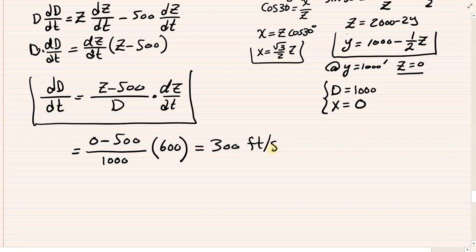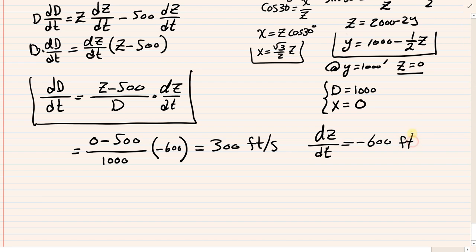Now let me see something here. Because this becomes a negative quantity, here's how we're going to make this work. I'm going to make dz/dt negative 600. Let me write that. dz/dt is negative 600